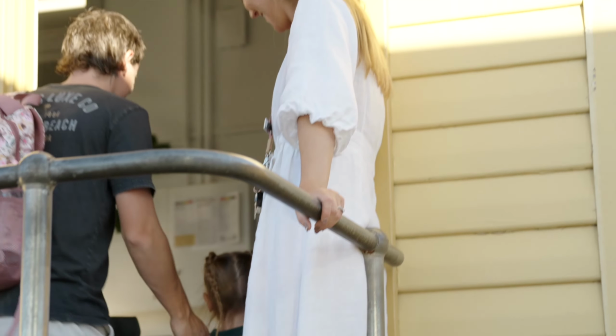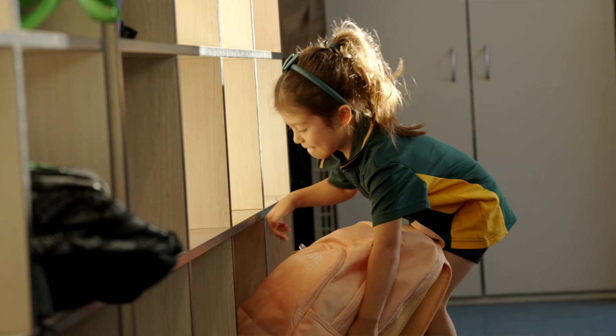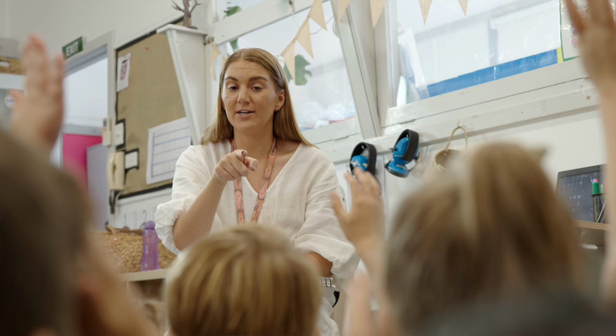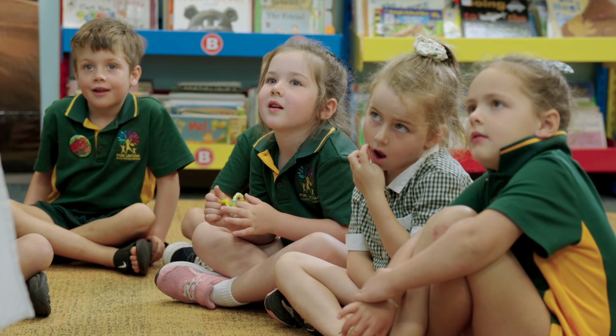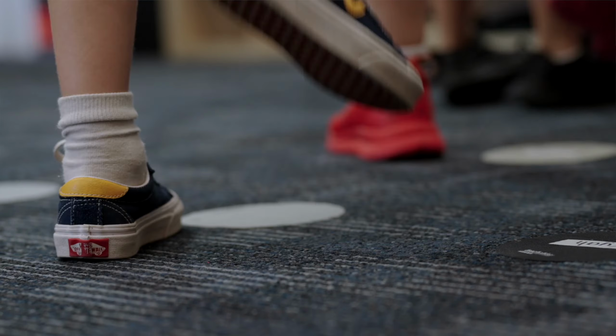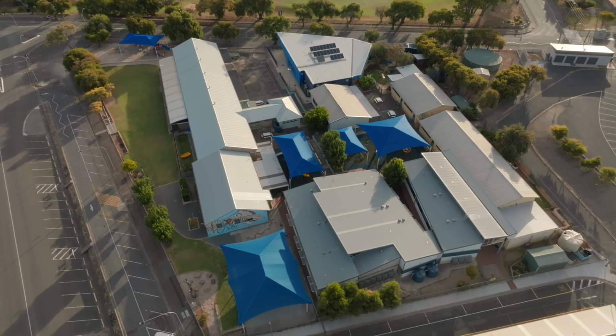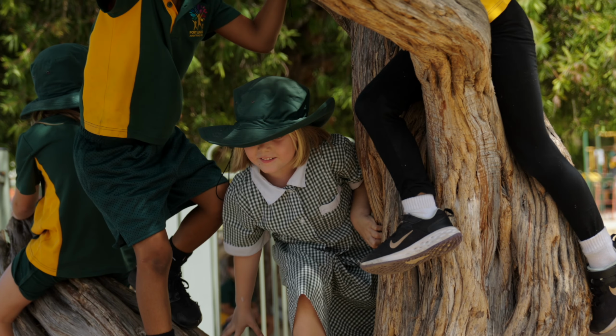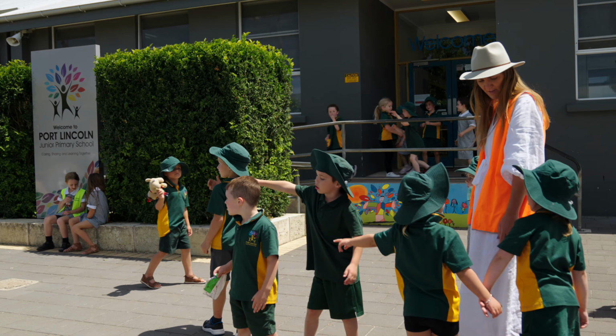I have a great bunch of students this year and I've got lots of mixed personalities and quirks, and I just love greeting them in the morning, the way they come in with a big smile and excited to be here. Watermelon. Around 200 students flock to the junior primary school every day, with first year foundation students making up 5